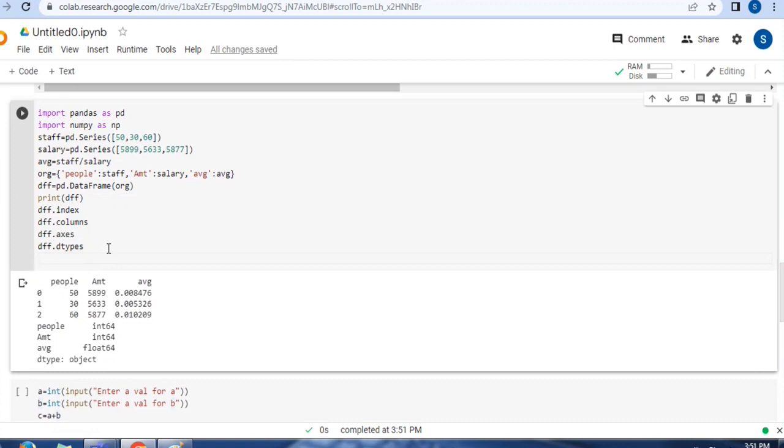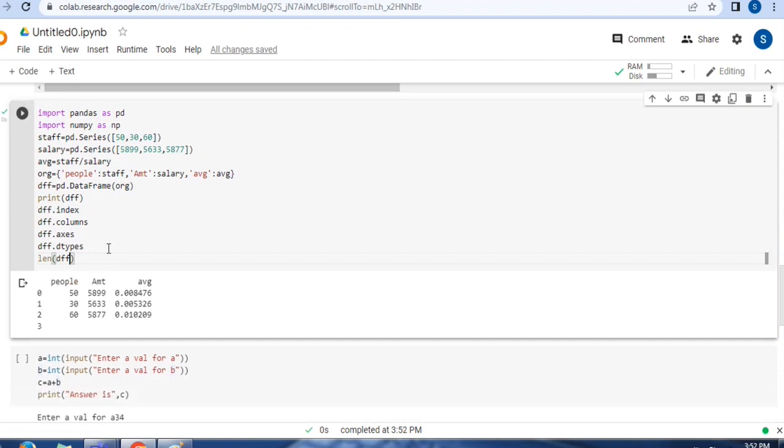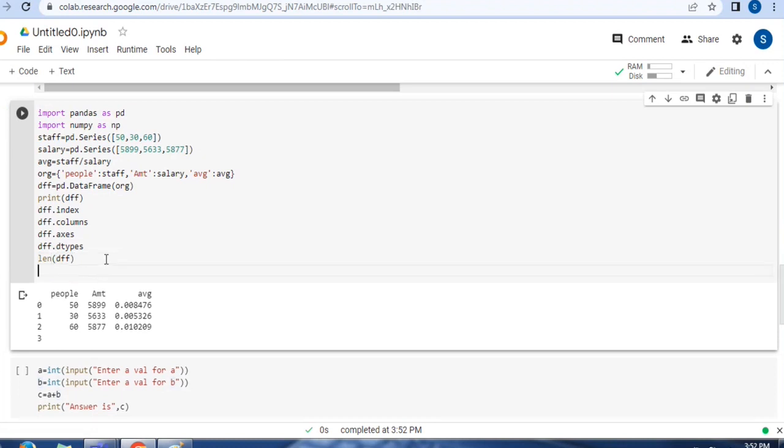If I wanted to know, for example, what is the length of my data frame, this can also be done very easily. So I'm writing the len length function, and I'm writing dff. With the help of this, I'll be able to know the length. You can see my length is 3. So this is a wonderful thing, you will be able to know the count also. Count means